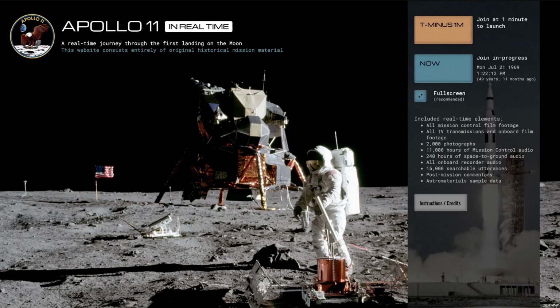So there you go. You have Gene Kranz saying we're go for landing, synced to channel 20 on recorder 2 to the silent 16 millimeter footage of him working in mission control. So this was all put online on Apollo 11 in real time after 2 years of work, because we all knew what we were making this time, as opposed to 6 years and we don't really know what we're making, but we're just working on it.